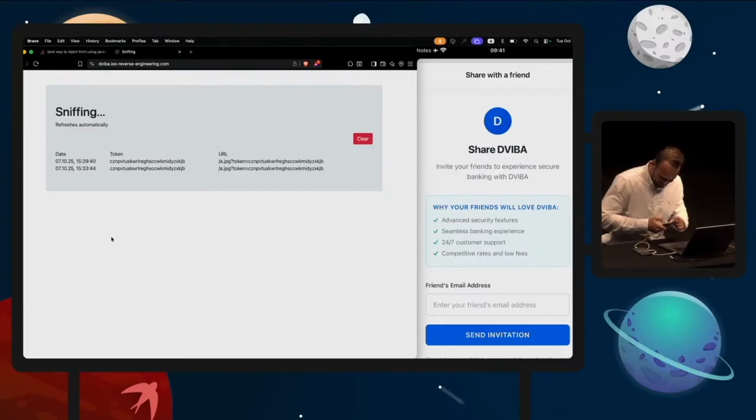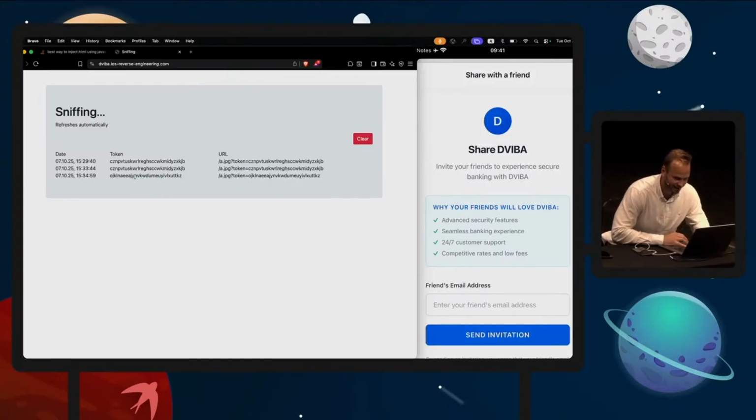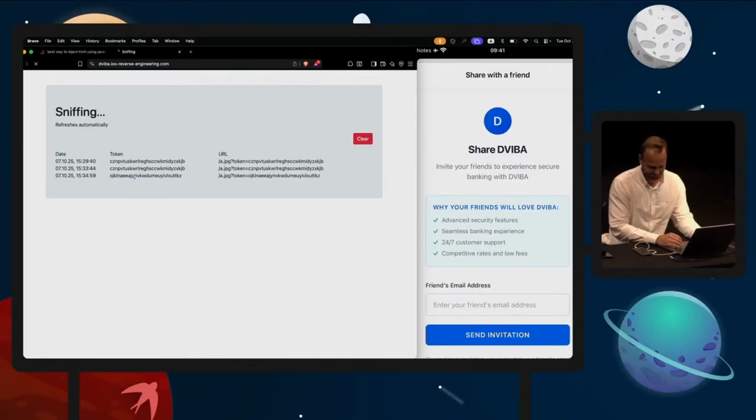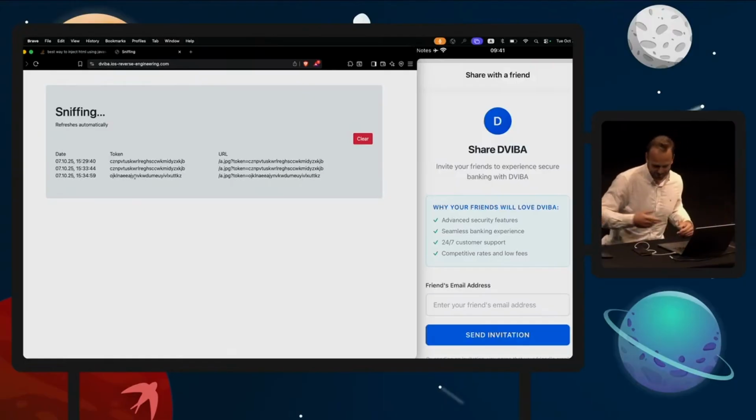Now, if I open the email and click on the email, then it opened up Dviba. But most importantly, it sends us the token of Arnold from my non-jailbroken iOS 26 device. So now we actually stole Arnold's identity, and this is amazing. But I'm not finished yet, so wait for it. So I would be able now to run all the scripts server side, use the token to access all the server's APIs of Dviba, scrape this money, send it to my server.